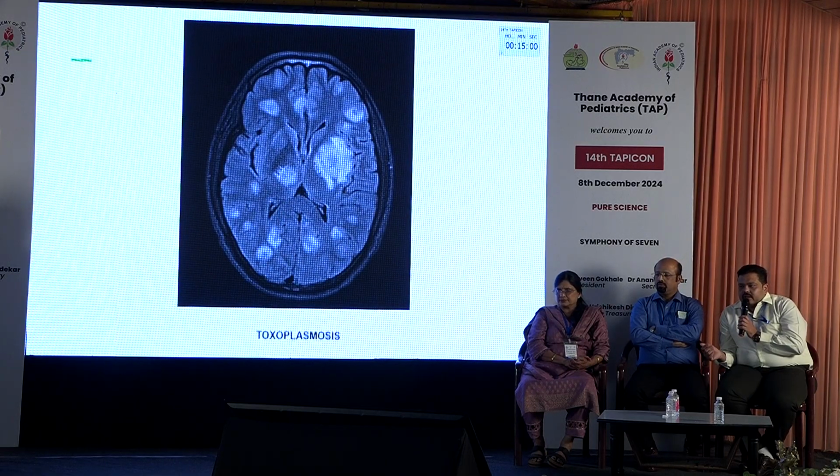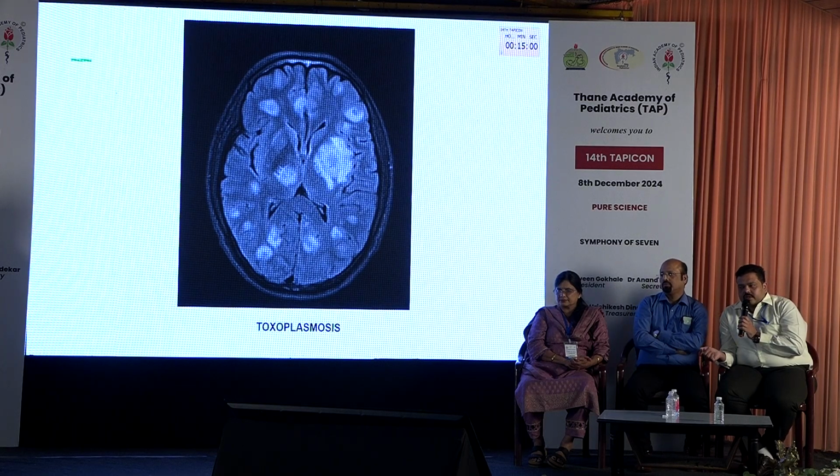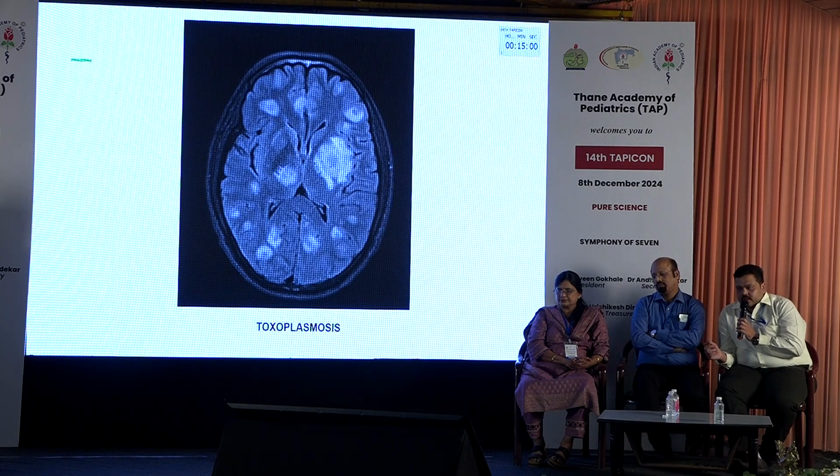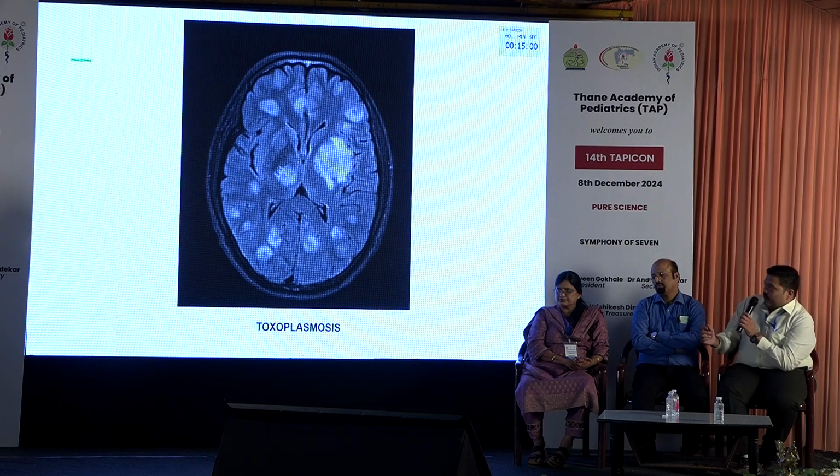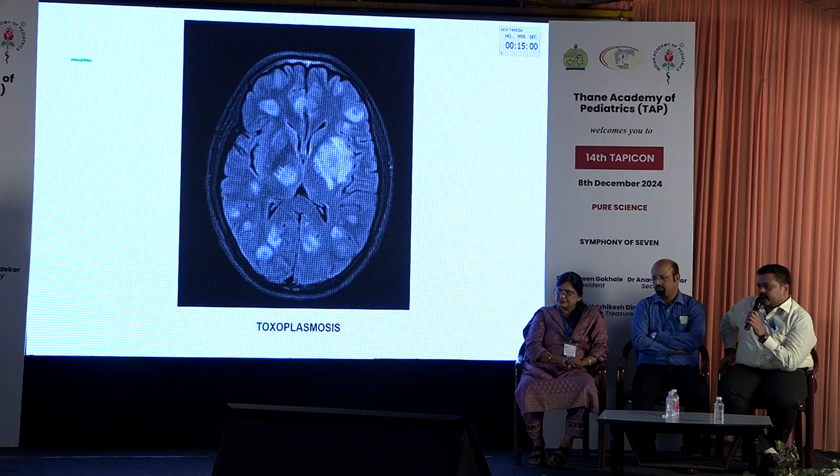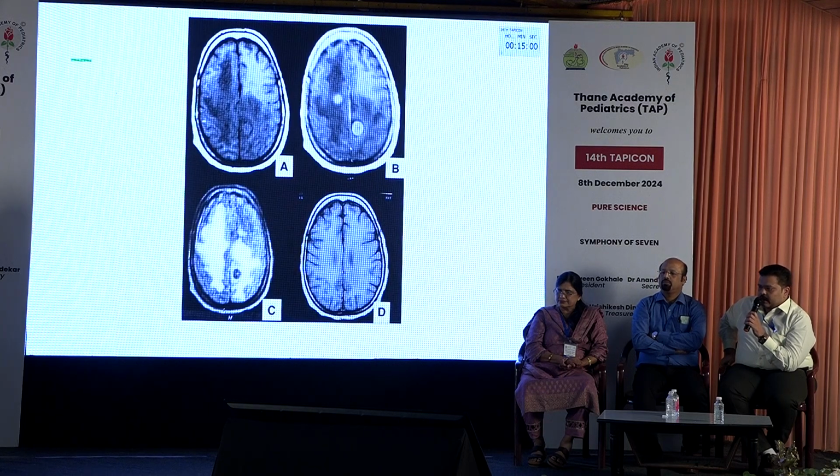So then another thing is we have toxoplasmosis. Toxoplasmosis also can cause a similar picture, but toxoplasmosis, when we see on T2 imaging, we have something called a triple rim sign. So there is a central hypointensity, then there is a peripheral isointensity. The biggest lesion over here is showing a triple rim sign. So we have a central hypointensity, middle isointensity, and then there is a hyperintense. So that can go more in favor of toxoplasmosis.